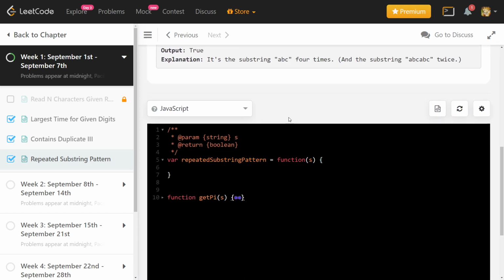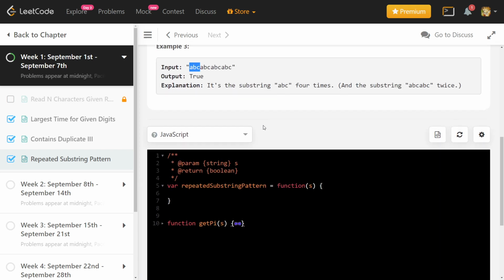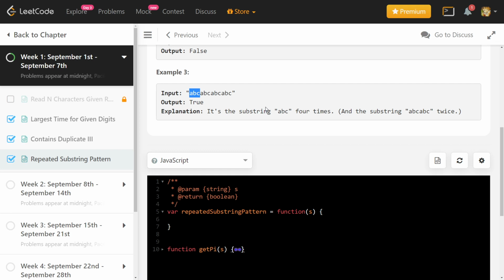So we will solve it using 2 methods. One will be a normal brute force kind of approach. Second will be a faster method. So let's start with the brute force approach. The brute force approach is exactly what the question is asking us to do. We will just try to repeat the substring, and we will see if it is equal to the full string or not. So let n be the length of the string.